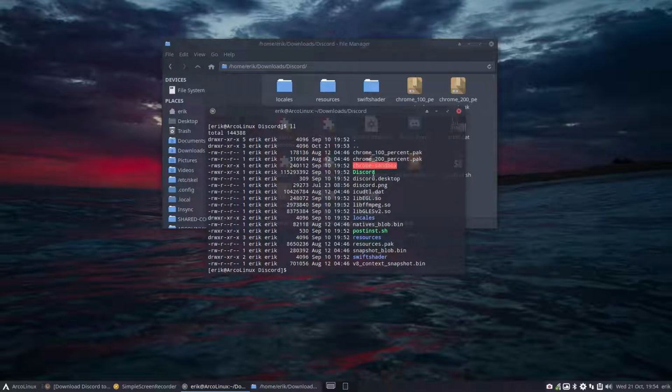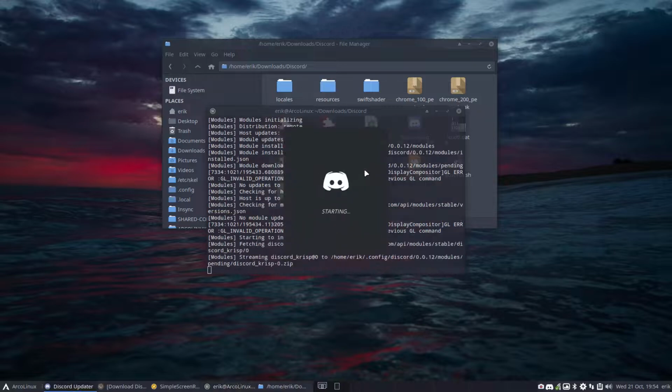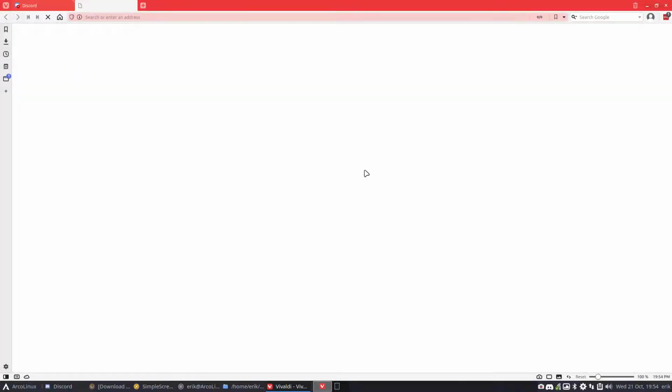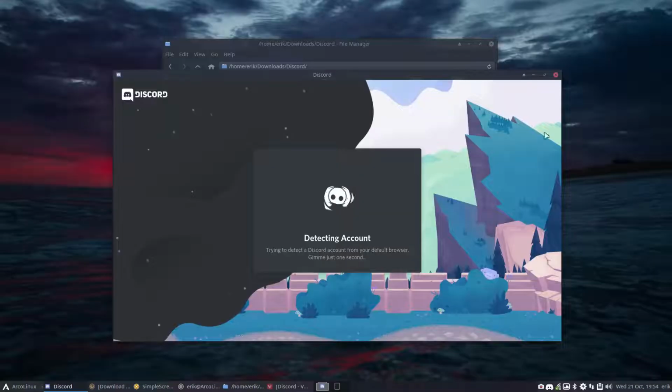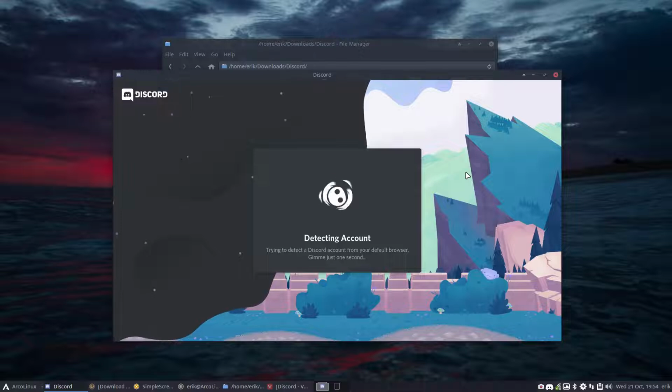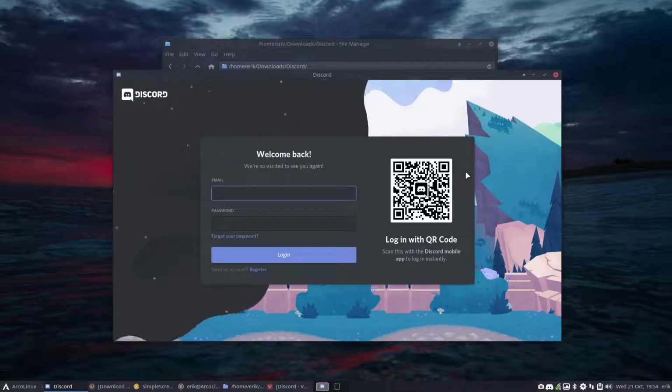So we can basically go and run the green guys, execute, which is what I'm gonna do. And then suddenly the world of Discord is going to be back, and I can log in.